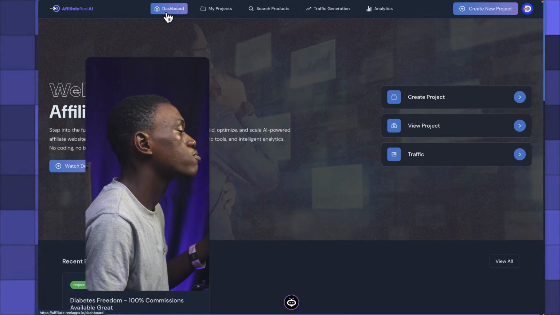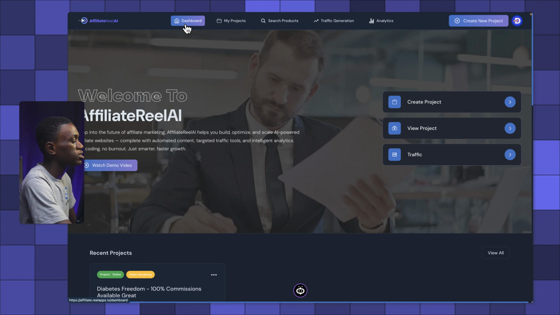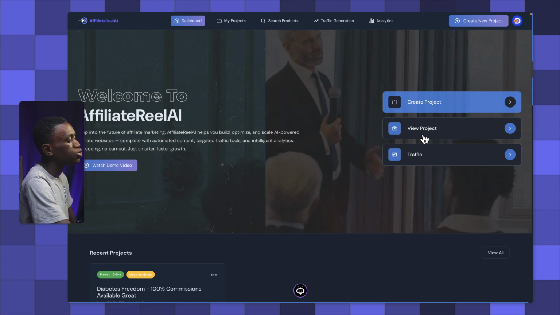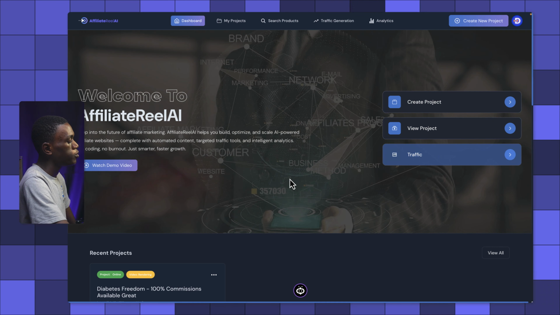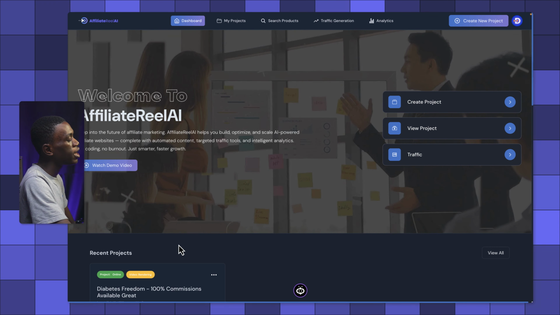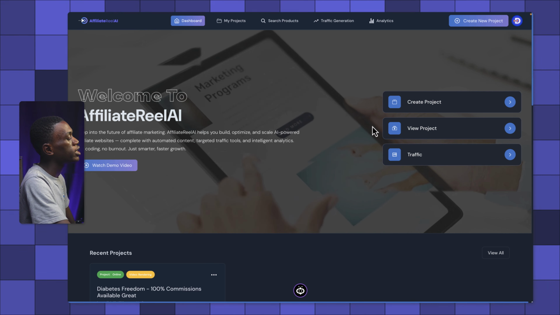And let's move on. So when you get access to Affiliate Real AI, you can see on your main dashboard, you can create a new project, you can view your project, and also you can see the traffic that you've generated. You can see your recent project, but from here, we'll note that we can just go ahead to create